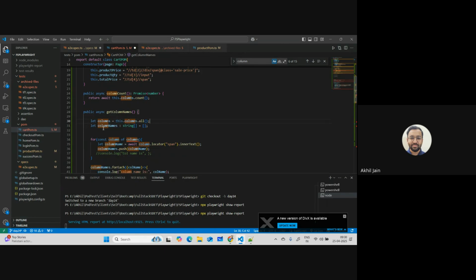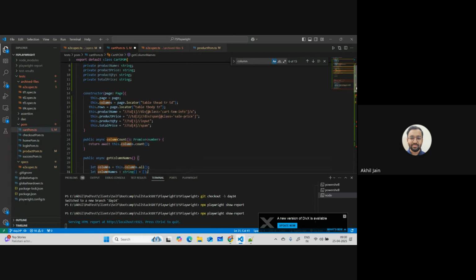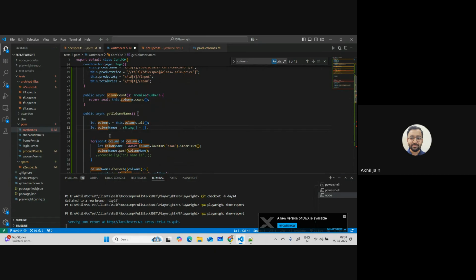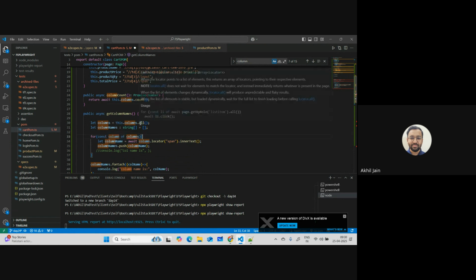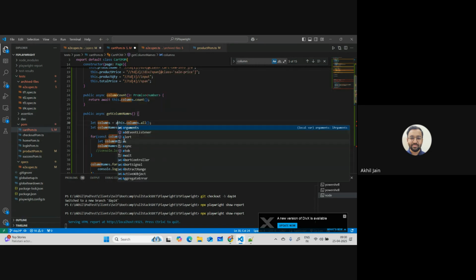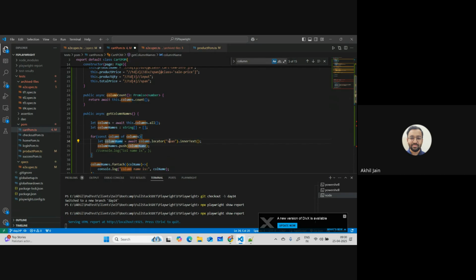Now I wanted to collect all the column names, right? So I have created a variable called column names, which looks like this. And what I will do next is iterate through all these columns here, one by one. This is async, so all will give you a promise, right? So it has to be await here. Await all, and then we are going to the column name and getting all the columns one by one,